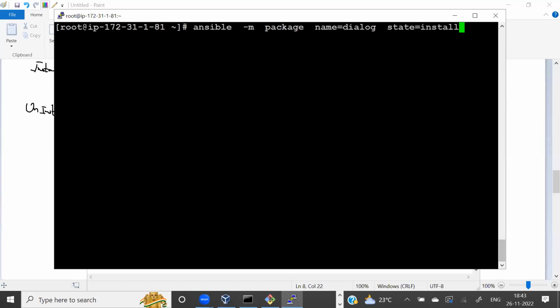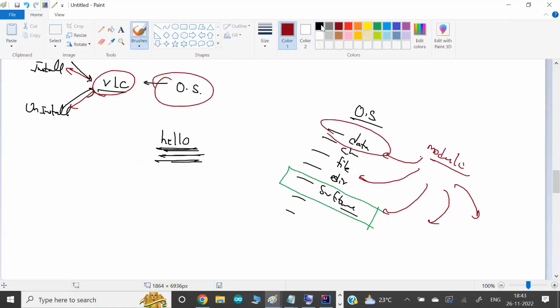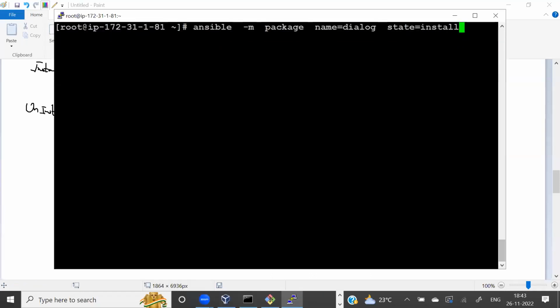Okay, this is one thing. Second thing is, for every individual activity, the activity could be managing your data, your files, your directories, your software, your services, you should be very specific to Ansible about what you want to do. Accordingly, you have to use a module. We'll talk more about the module. But if you are very specific, I want to do something on the package, then what do you do? Give the software name and the state. These are known as attributes. You have to use the option called a, and put all the attributes in double quotes.